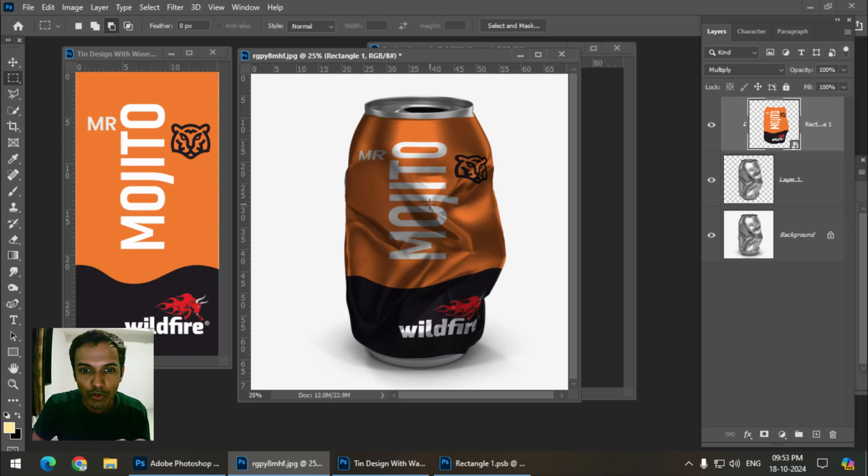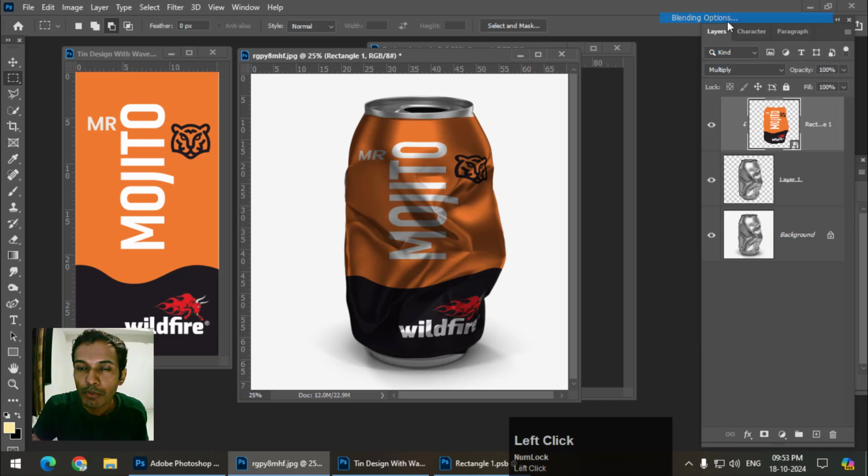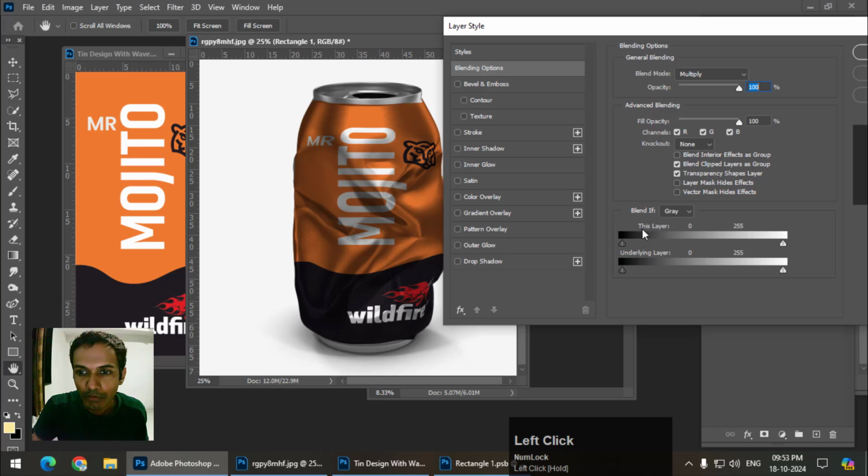Now if you want to make it more realistic, we can use multiple options, like we can go to blending options, right click blending options, or you can simply double click. So like this, we can use these options, blend if. Now if you move this, you can see highlights and shadows, but we want to split this point, then press Alt if you are using PC and Option and left click if you are using Mac, and you can move these points separately. As you can see, highlights, but we don't want too much of the highlights, otherwise it won't look realistic,